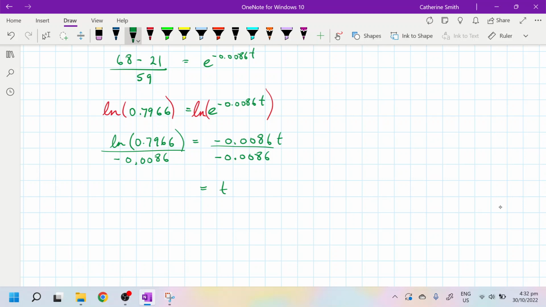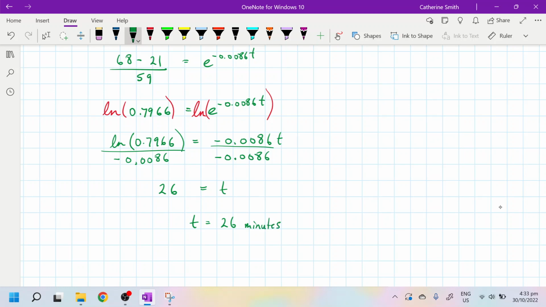Putting it in the calculator, the log of 0.7966 divided by negative 0.0086, and we get 26. So t equals 26 minutes,